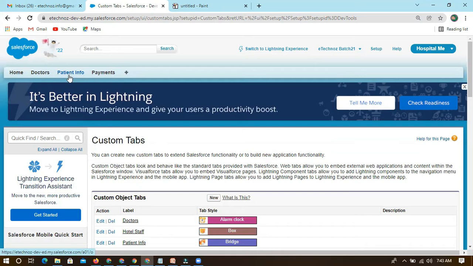Now what we are trying to do, in this case patient is okay. If I want to relate these two, patient info and payments, which is the parent and which is the child? We already identified payment as a child and patient info as a parent. Now where do we need to create the relationship?